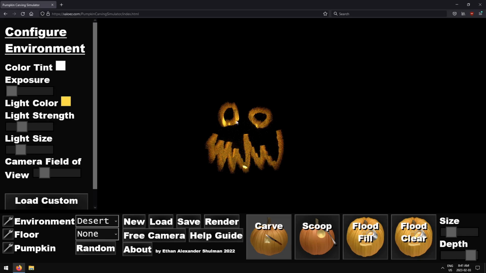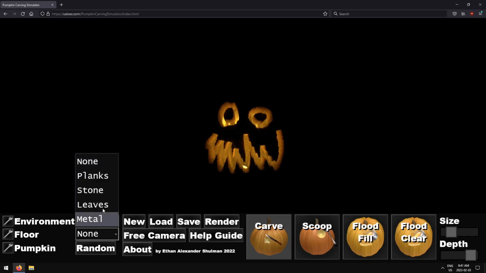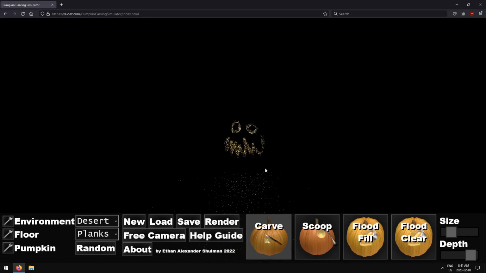It has fully path traced simulated lighting effects of the light bouncing around inside the pumpkin. So it should give you a pretty realistic rendering of what the pumpkin would look like. You can, of course, change some other options of the rendering here, like field of view. If we go to the floor here, it will add in a floor. Of course, it wouldn't be realistic if the pumpkin was floating, but you can get